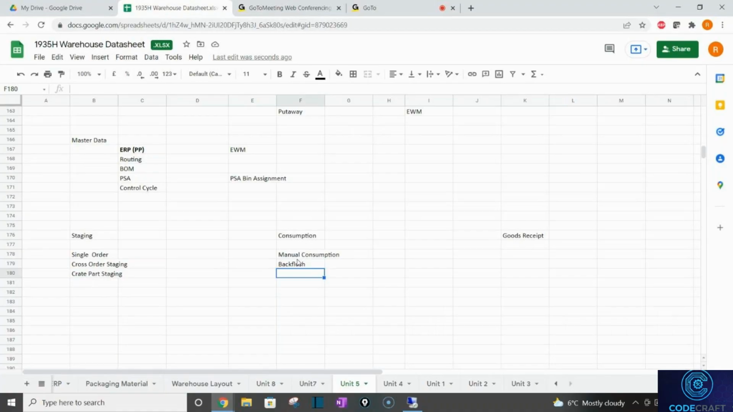So here, the important point is that we are talking about the master data. Okay. So what is PSA and control cycle? PSA is basically in the production line. When you look at the production line,